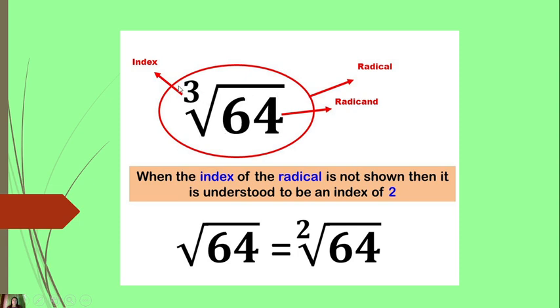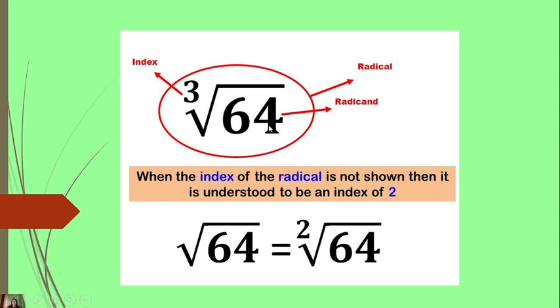So 3 is what we call index. Okay? So the size should be smaller than the radicand. Inside of the radical symbol is what we call radicand. So if you will read a radical, it should always start on the index, followed by the radicand. So since the index is 3, you will read this as cube root of